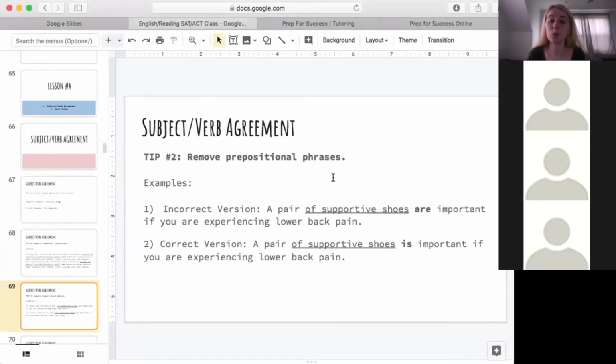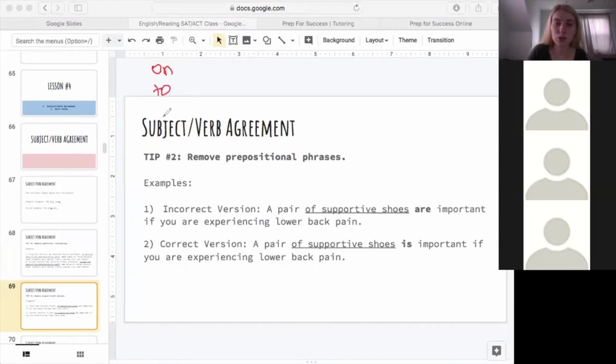Now, our next point is going to be taking out prepositional phrases. Prepositional phrases are going to be all those little words like on, to, by, for, with, in. All of those words are prepositions. Now, a prepositional phrase is those words plus the words that follow. So maybe like on the mountain,